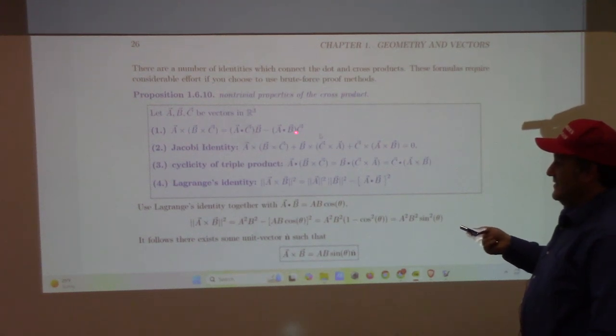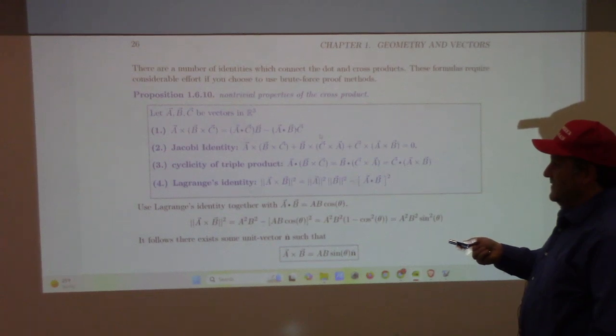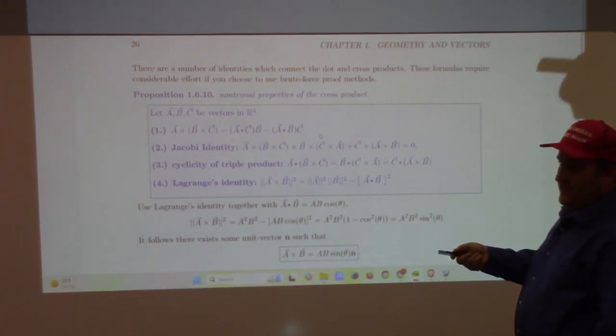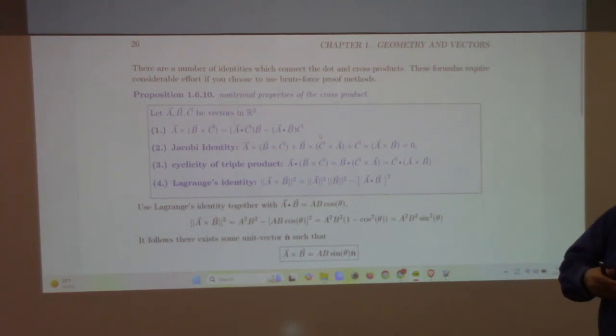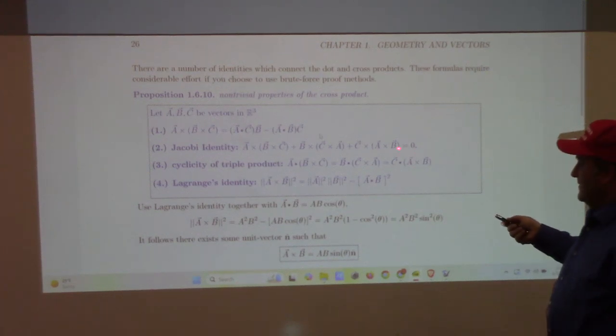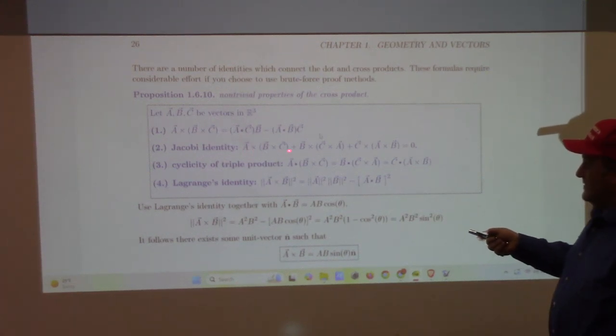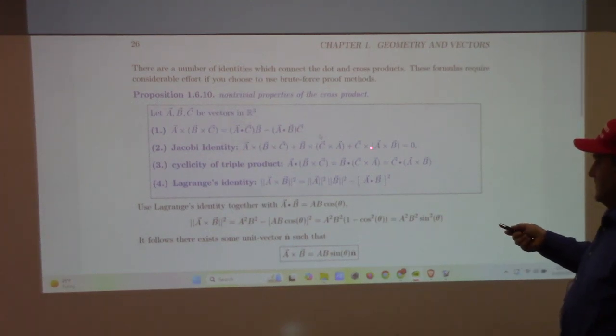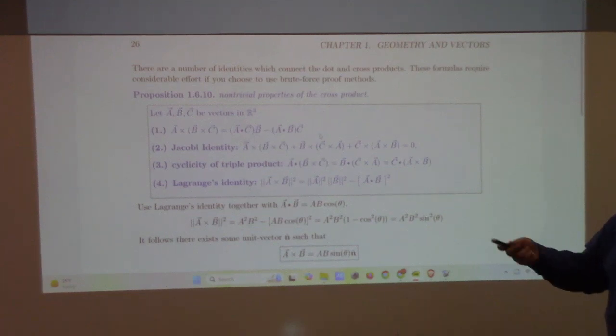All right. Anyway, so if you have the cross product of the cross product, this is what happens, and it's not like if you put parentheses over here instead of over there, it's different. Like the cross product is non-associative, and this makes that somewhat explicit. There's also this Jacobi identity, which again expresses the fact that the cross product is not associative. This, in some sense, is a measure of how far from associative it is, because the sum of these is